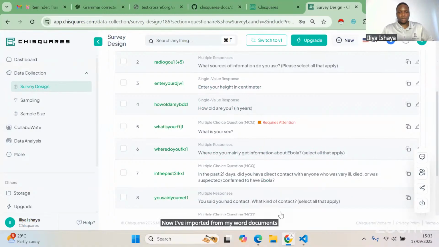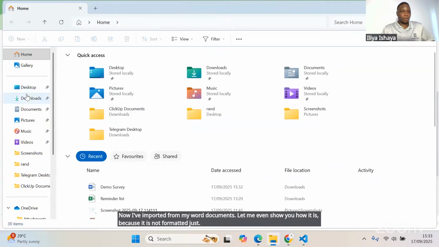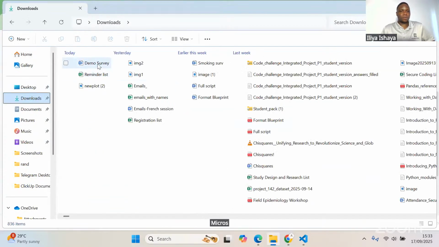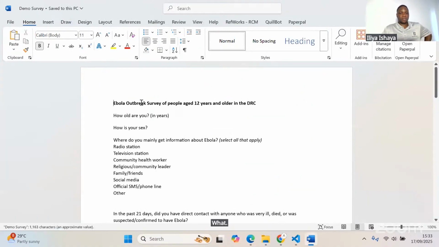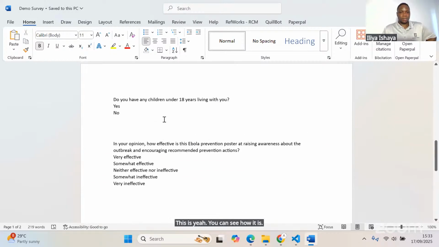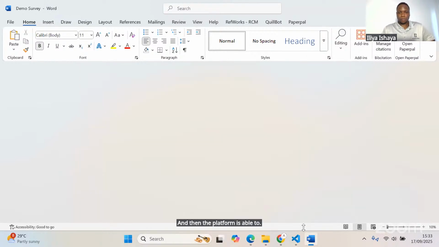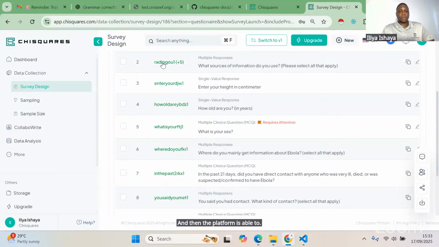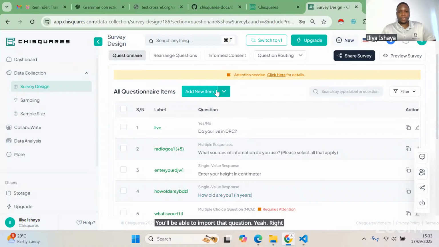Let me even show you how it is, because it is not formatted, just a simple Microsoft Word. Now this is the questionnaire. You can see how it is, right? A plain questionnaire, and then the platform is able to import that questionnaire, right? And then here you can see